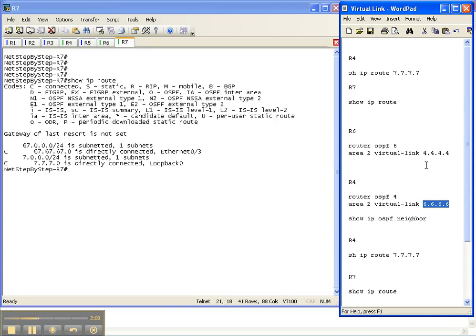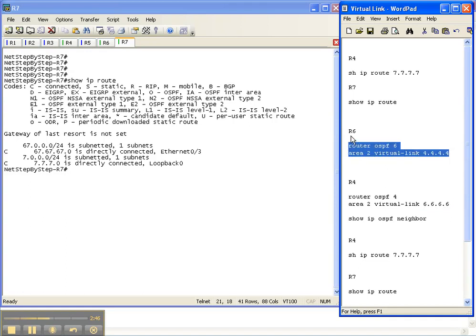In a previous video cheat sheet, I showed you how to hard code your router ID. Here is an extremely good application as to why you want to do that. You are tying your virtual link to a router ID. If your router ID is changing because you leave it up to dynamic means and you add other interfaces at other times, and it decides that, hey, I want to follow that higher loopback address, then your virtual links will go down until you point it to the new router ID. So hard coding the router IDs is a very good idea,